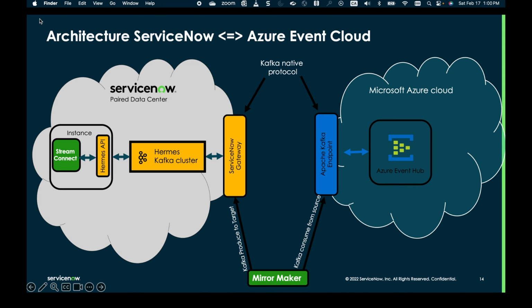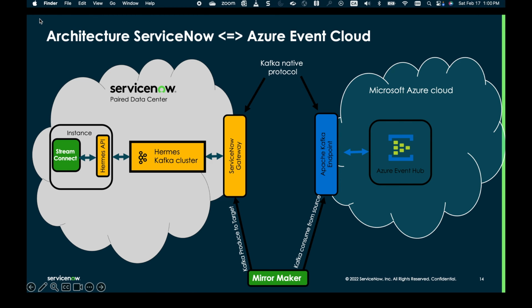All right, this is Quentin from ServiceNow, and this demonstration or recording is a deep dive on an architecture solution to exchange data between Microsoft Azure Event Hub and ServiceNow. I'm going to walk you through the different capabilities and options to send a large amount of data in real time from Azure to ServiceNow for any event that's being created in Azure Event Hub,